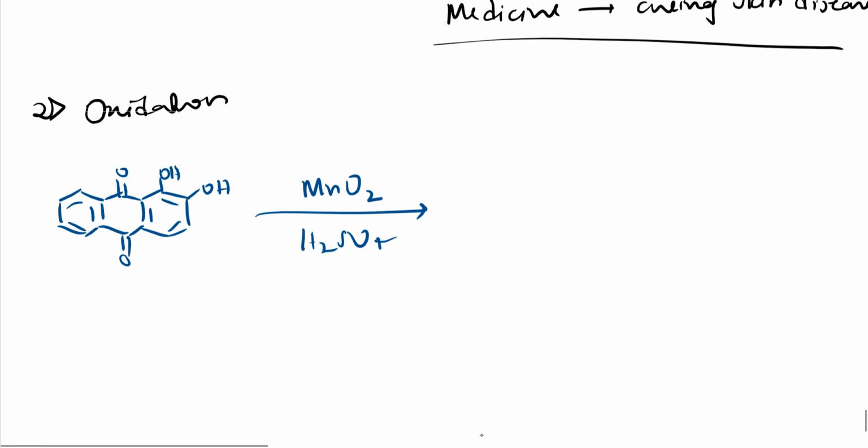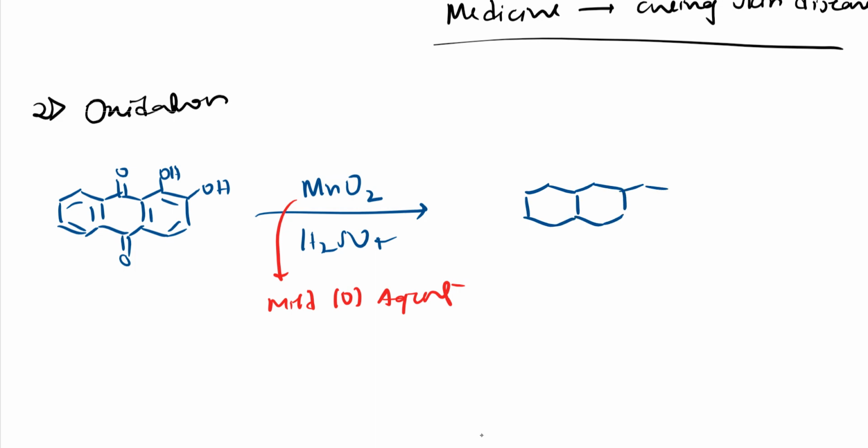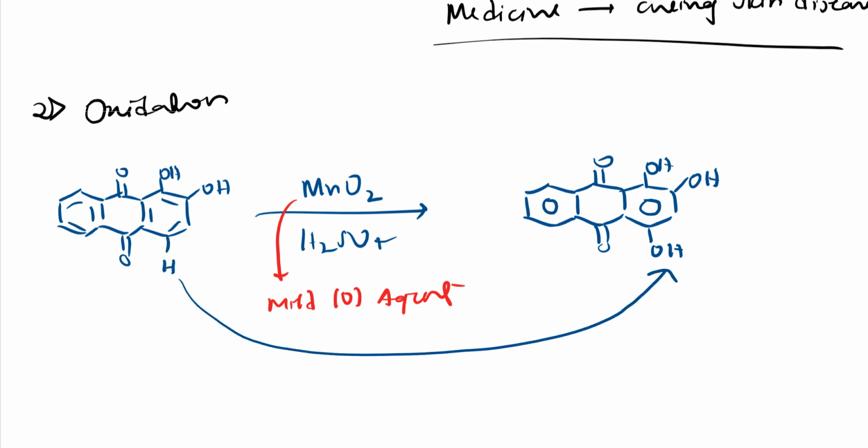This is very important. It is a mild oxidizing agent because we have both mild oxidizing as well as strong oxidizing agents. Like K2Cr2O7 is there, KMnO4 is there. These are very strong oxidizing agents. So when I have this mild oxidizing agent, I'll get this product. See here. I'll get this thing, double bond O, here OH, here OH. Here I'll get OH. Other things remain as they are. Here H is there, now H is converted to OH. So one oxygen is added. So this is nothing but oxidation, right?